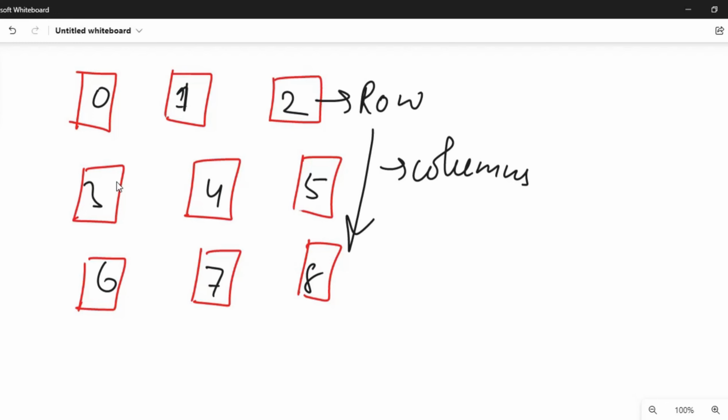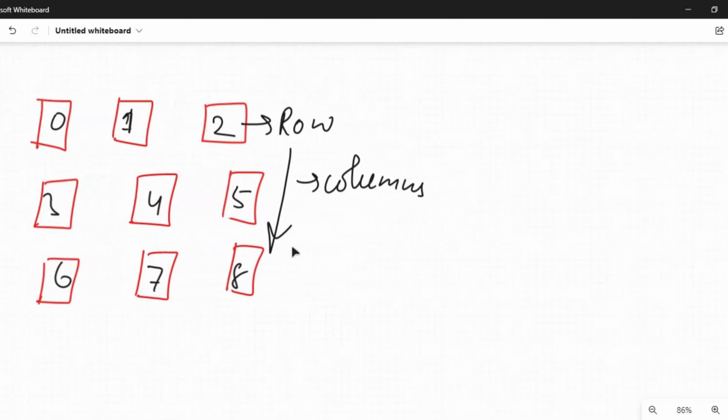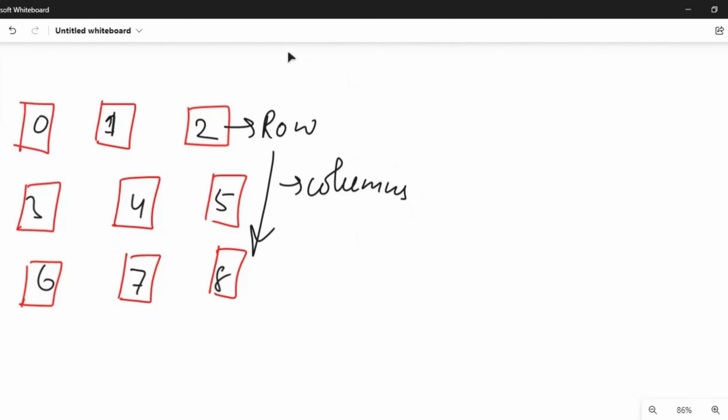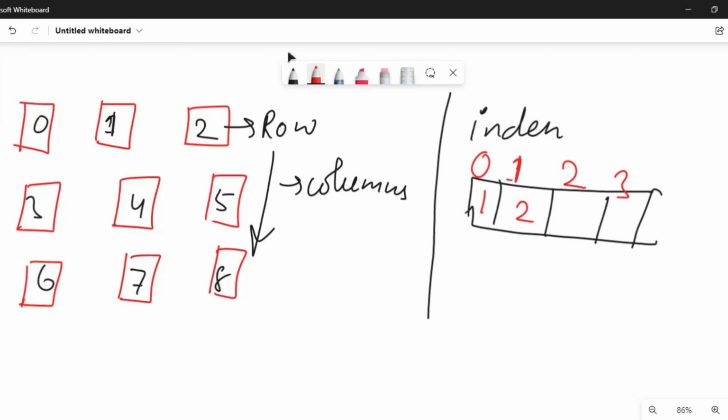तो जैसा कि हमने अपने वन डायमेंशनल एरे में देखा था, हमें वहाँ पे एलिमेंट्स को एक्सेस करने के लिए हम इंडेक्स का कॉन्सेप्ट यूज करते थे। लाइक अगर हमारा ये एक एरे है जिसमें कि हमने 4 एलिमेंट डिफाइन कर रखे हैं 1 2 3 एंड 4। तो यहाँ पे ये 0 है, ये 1 है, ये 2 है और ये 3 है। तो यहाँ पे हमने डिफाइन किया था 1 2 3 एंड 4।